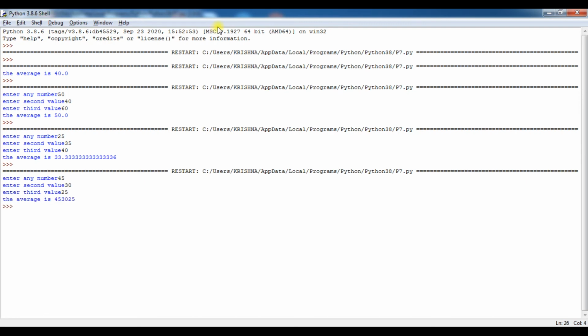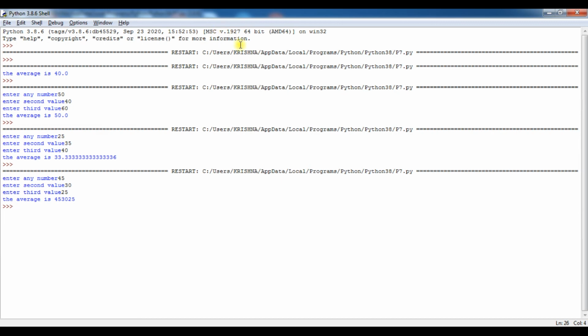It means these values are considered as text, as characters, numbers as text. So concatenation is done here. That means as text, these numbers are joined together.